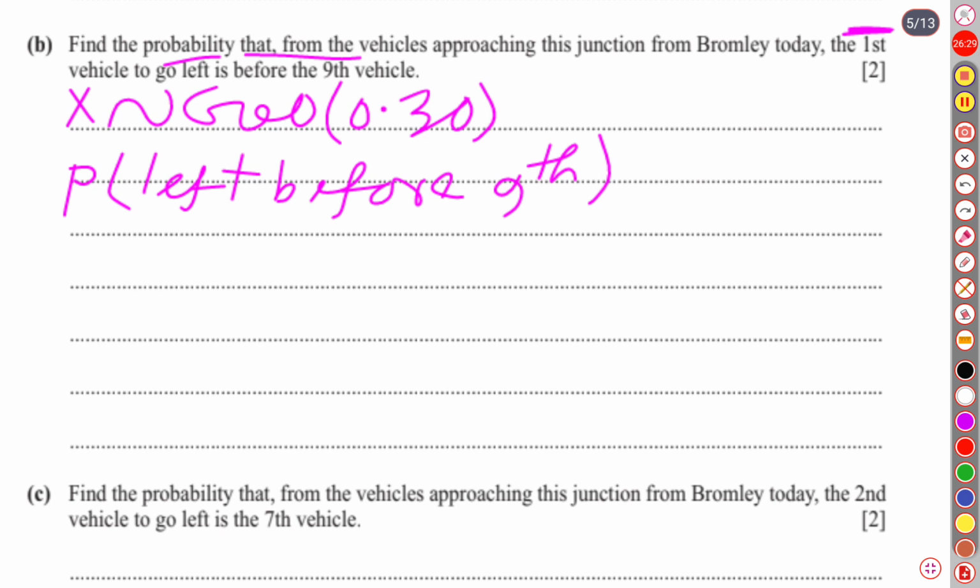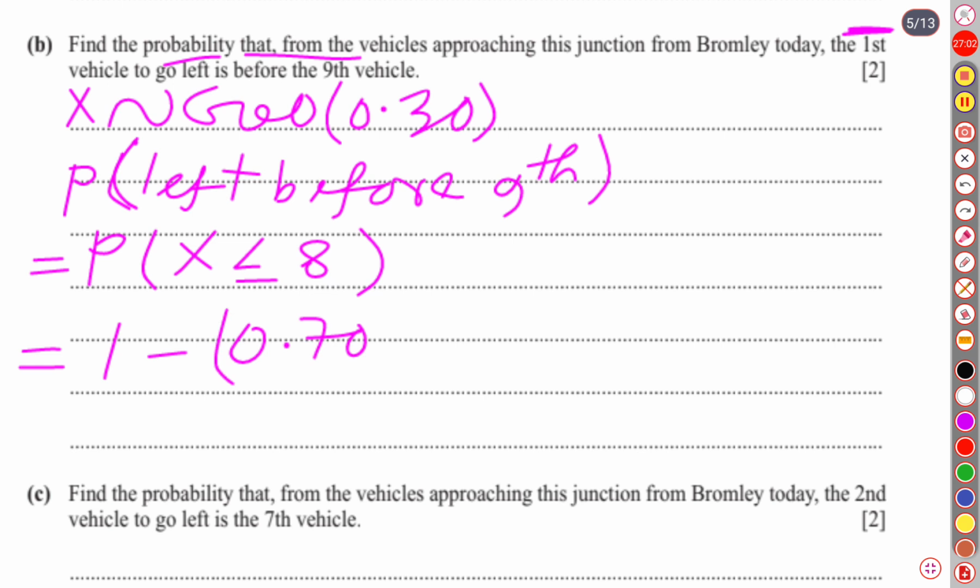Ninth means it's actually 8 or less than 8. Hence we can write here the probability of either the 8th vehicle or any vehicle before that. So the formula for this probability of x equal or less than 8 is 1 minus q. Our probability of left is 0.7. So for north left direction is